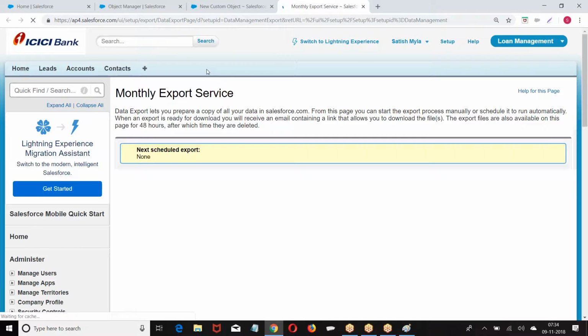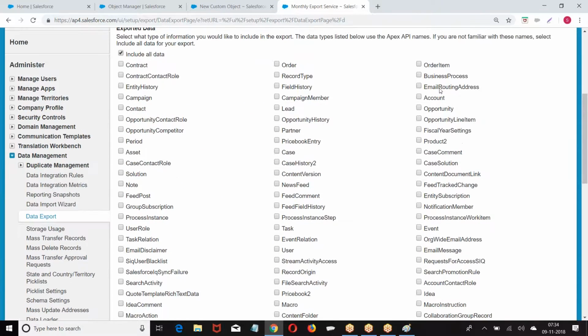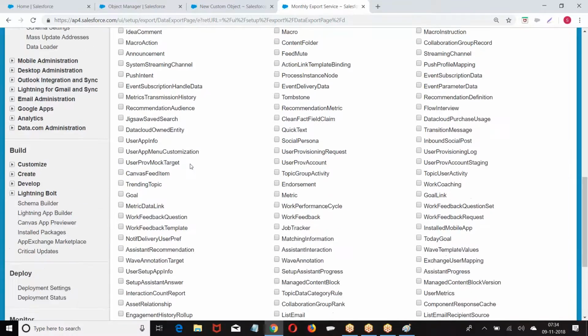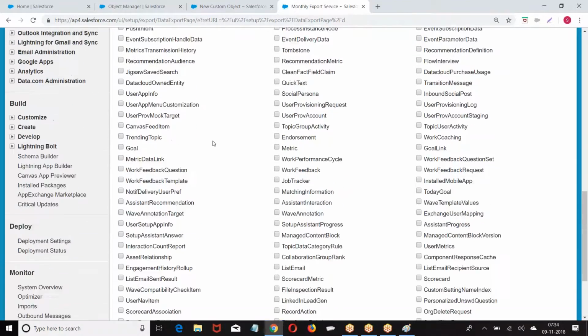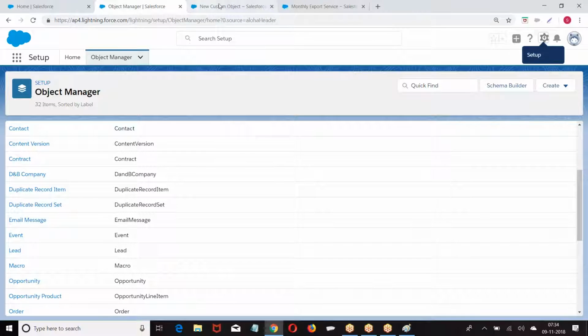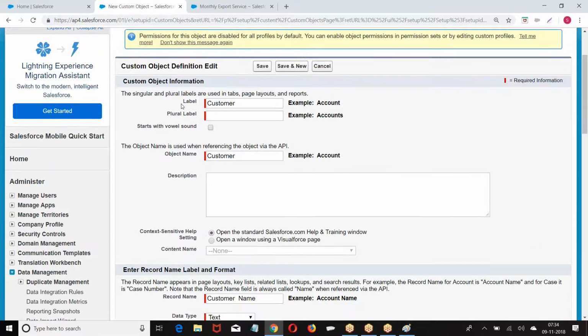When I am showing a list of objects, all these are objects. They are displayed with these names. The name with which the object is displayed on the UI is called the object label.